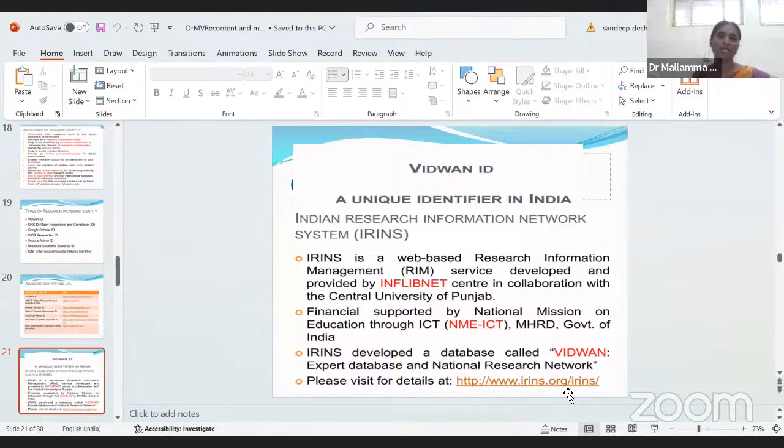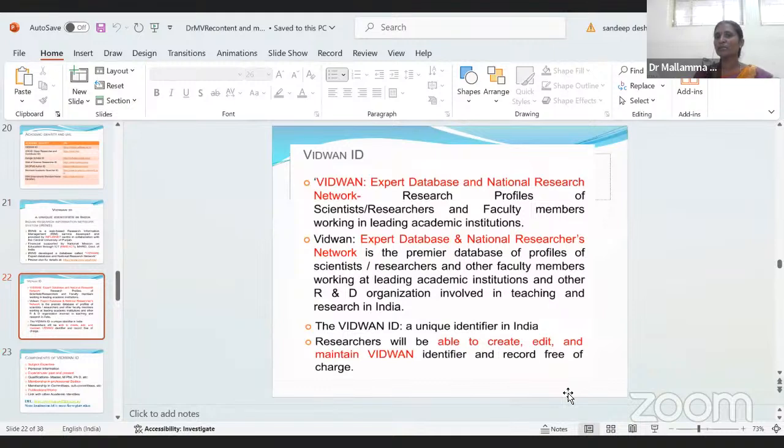How many researchers are there? How many academicians are there? Everyone's details you can feed here. Depending on that, your research collaboration increases, your technical academic collaboration will increase, your citation index will increase. So this is an expert database where you have the profiles of scientists, researchers, and faculty members who are working in leading institutions.